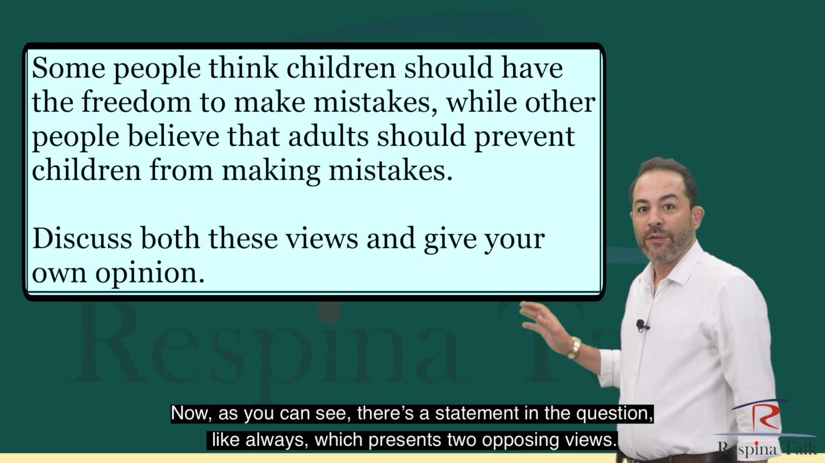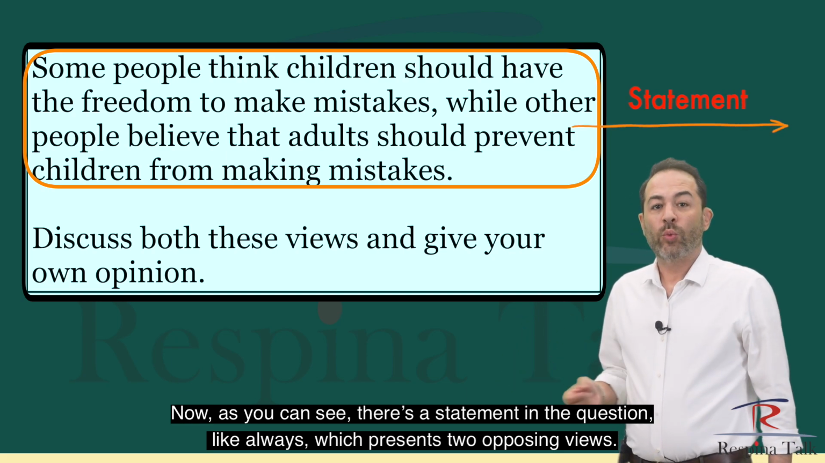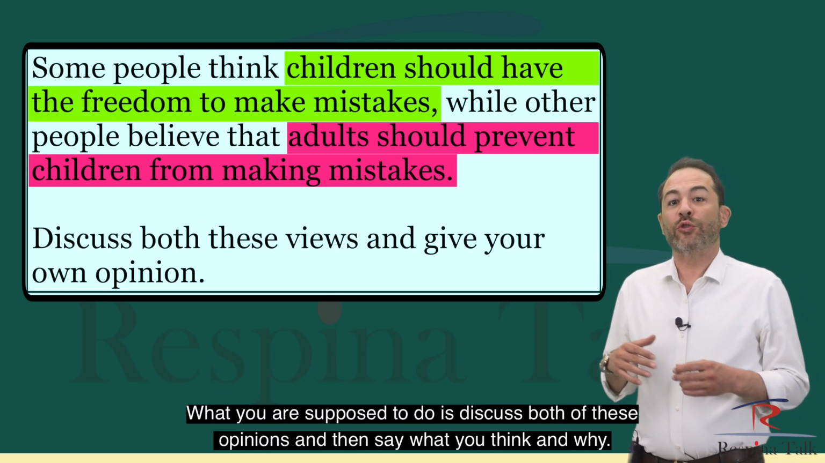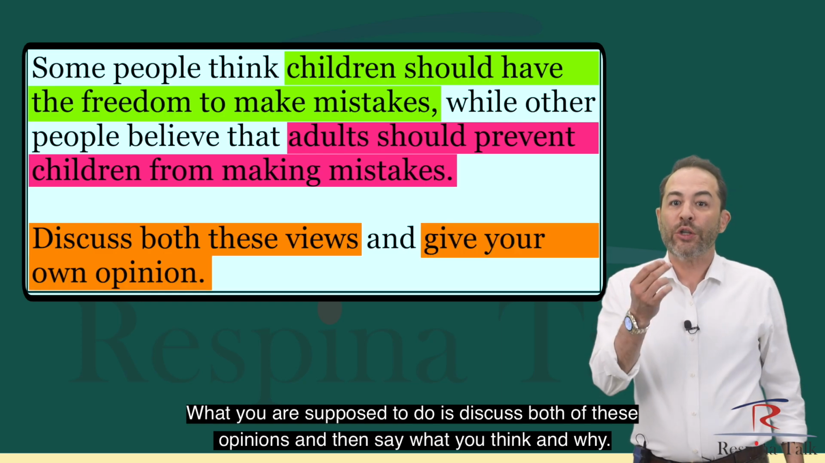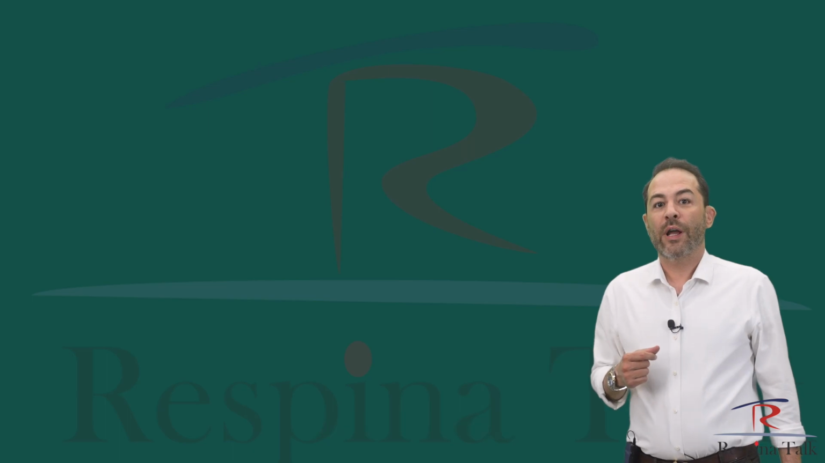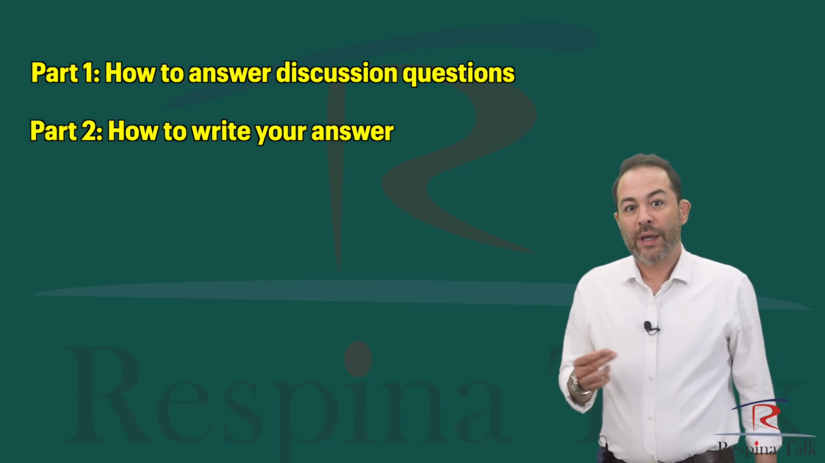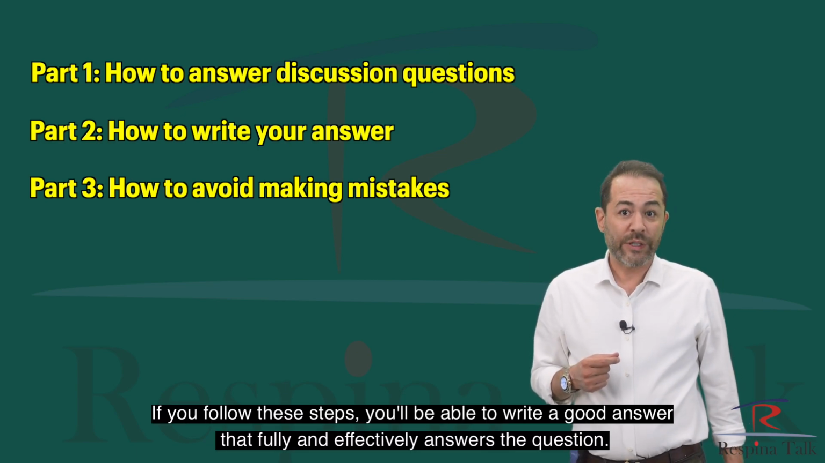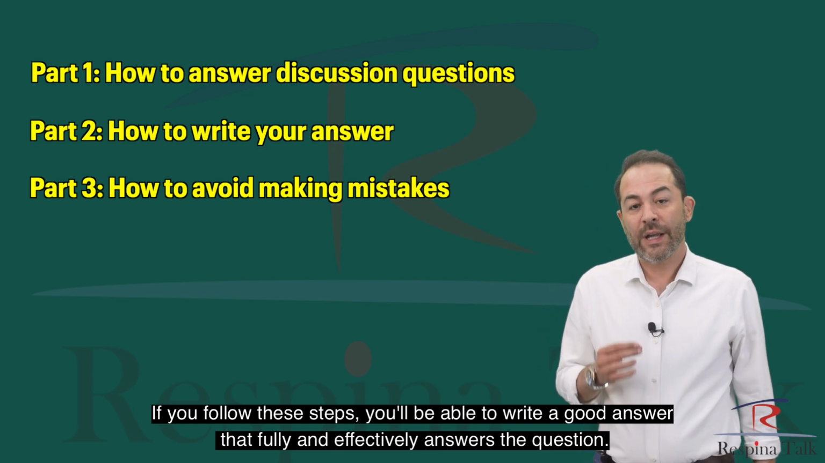Now, as you can see, there is a statement in the question, like always, which presents two opposing views. What you're supposed to do is discuss both of these opinions and then say what you think and why. In this video, we'll cover how to answer discussion questions, how to write your answer, and how to avoid making mistakes. If you follow these steps, you'll be able to write a good answer that fully and effectively answers the